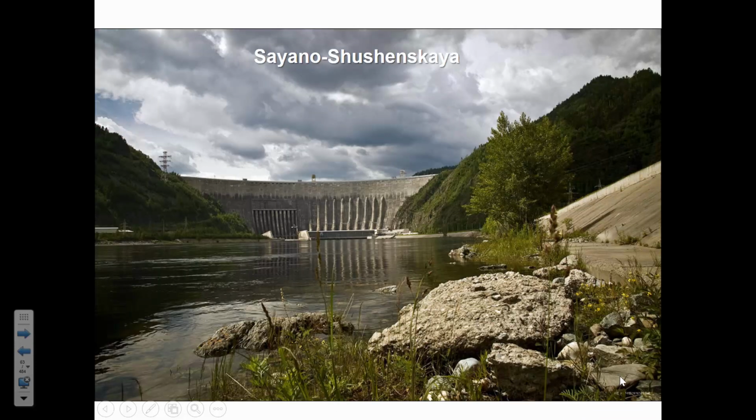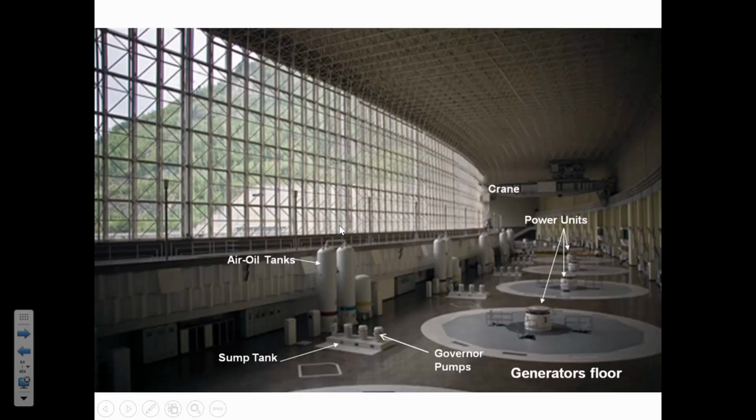As a practical application of vapor pressure and this effect called cavitation, an interesting case study is for a dam in Russia a few years ago. It's a hydropower dam. You notice it's a pretty large dam. It's got these big pipes going down the side of the dam. They're called penstocks. That feeds into a hall that has turbines and generators. And here's a before picture. Is that ominous? This is before.